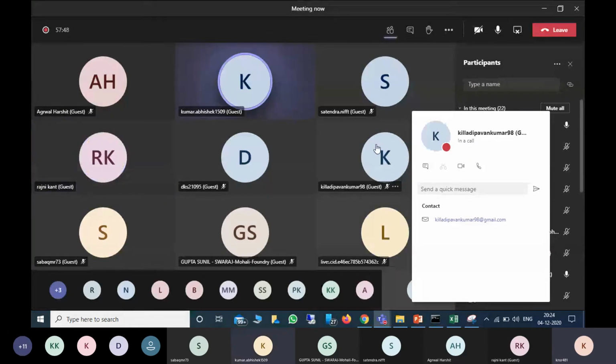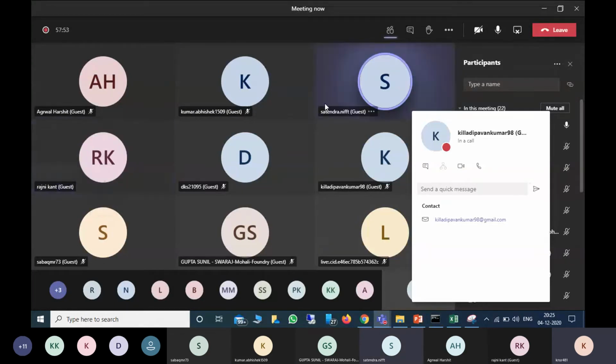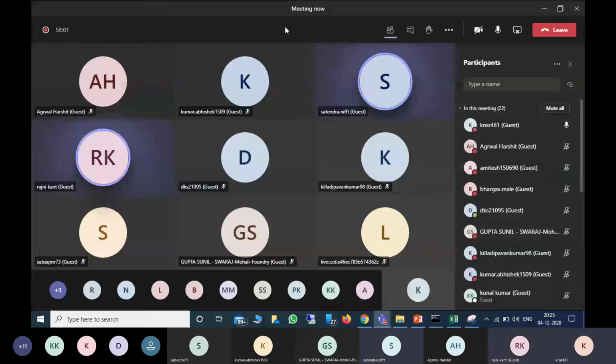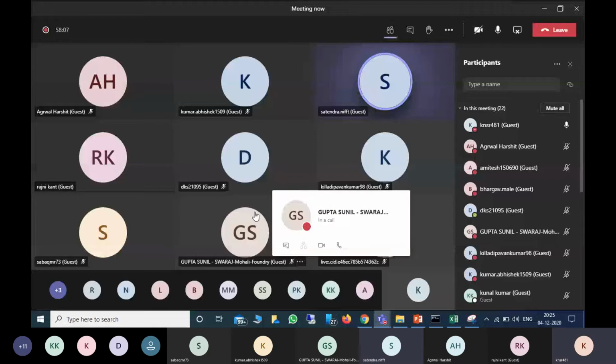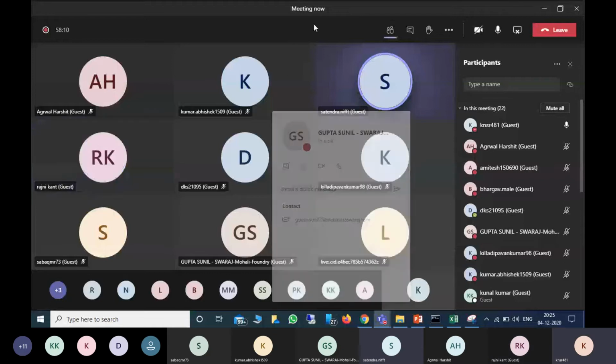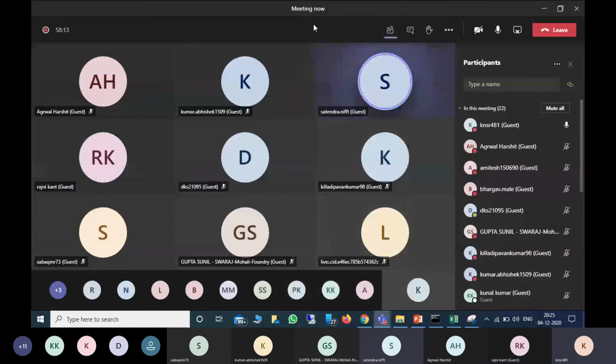Sir, can we schedule the class for next Sunday? Because I want to practice all three types of data visualization techniques this Sunday. I mean, if there is no class this Sunday, we can practice them.